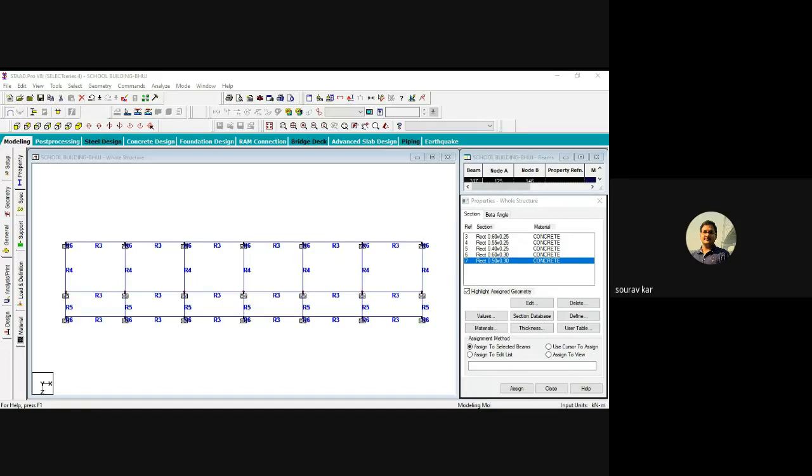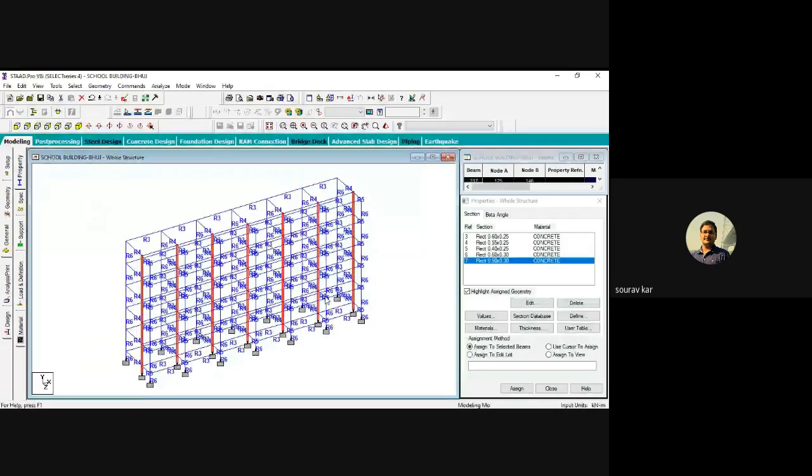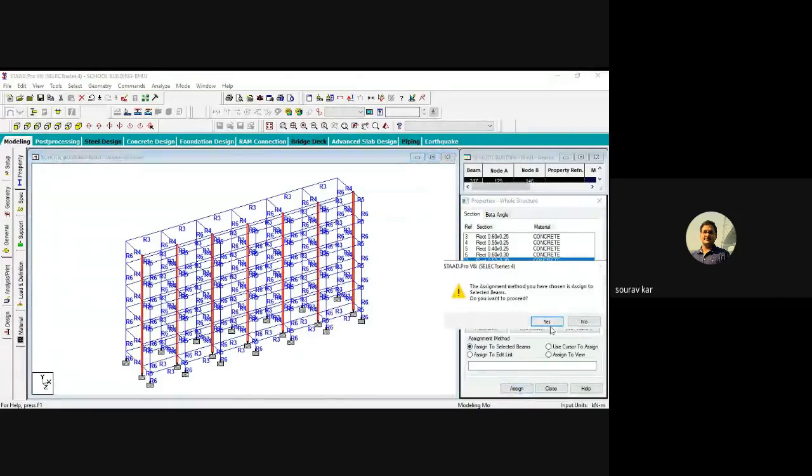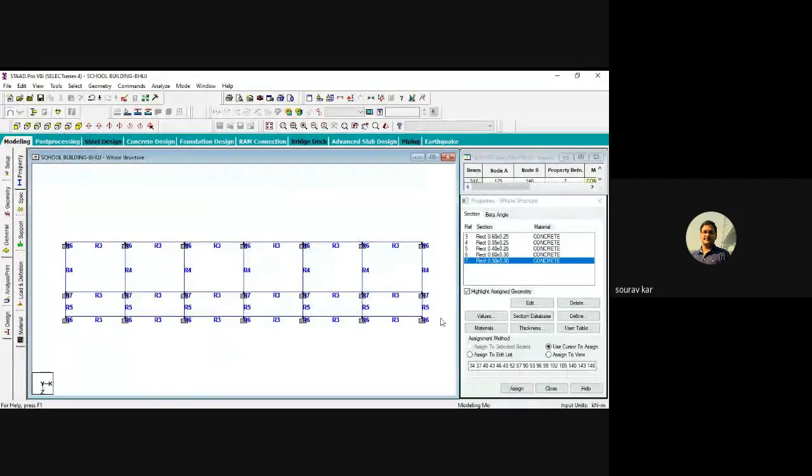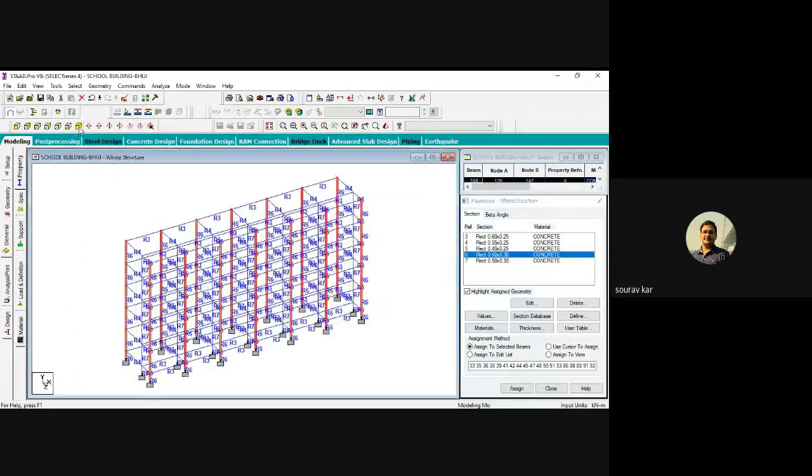Okay. So I have selected these columns. Okay. So I will assign. Yes. One thing I have done a mistake with this column, okay, no problem. Done. Okay. So I will Control-S and save it.